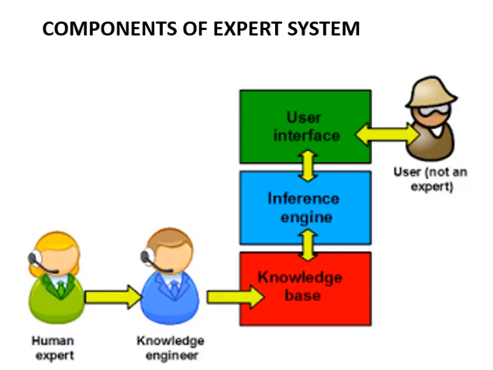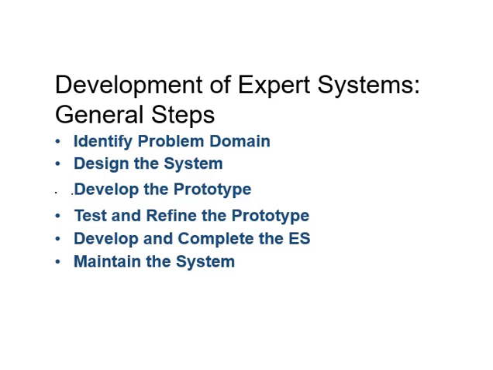Here I'll show you some of the general steps for the development of an expert system. These are very similar to those of a decision support system or HRIS system. Starting with the first process, which is identifying the problem domain. Some of the strategies we have to think of are that the problem must be suitable for an expert system to solve. Whatever problem you identify should be solvable and realistic.